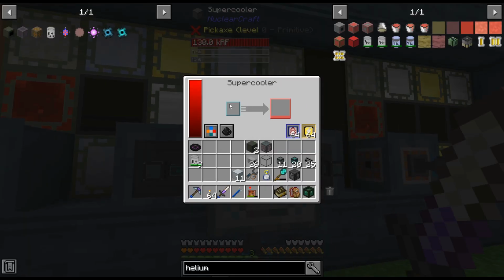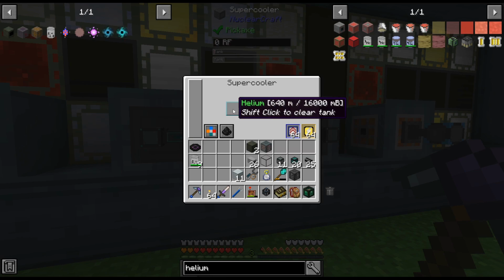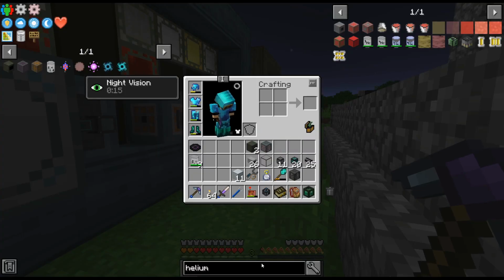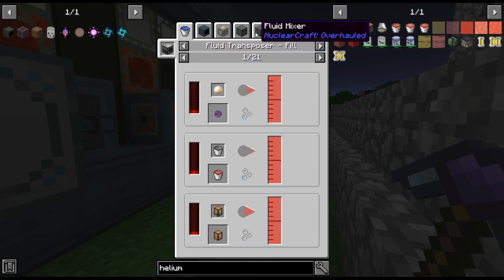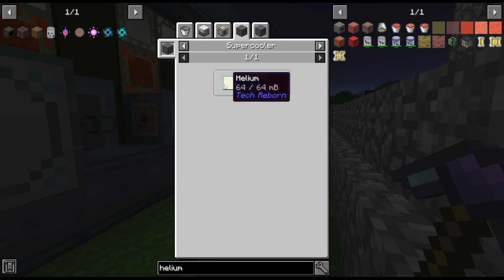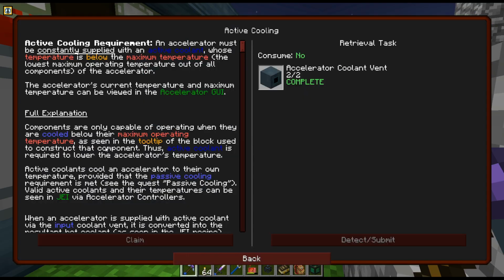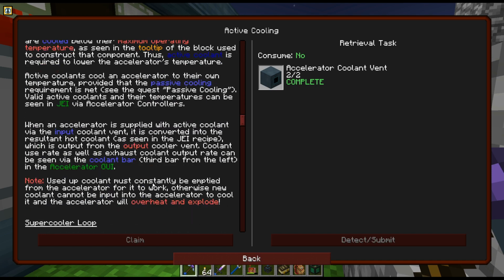Wait a second. This isn't a 1-to-1. If that's regular helium, that is not a 1-to-1. Hold on. I just realized... Wait a sec, I thought it said to do that. Here. Yeah, that's 64-to-1. I could have sworn... Hold on. I'm going to do a backup really quick, and let me read this again. I could have sworn it said...